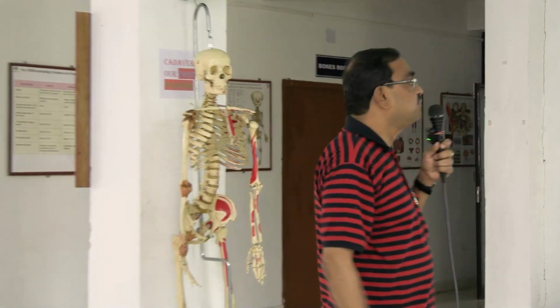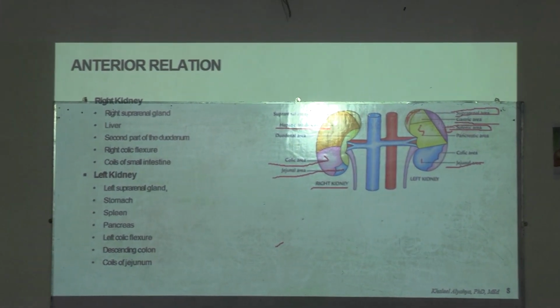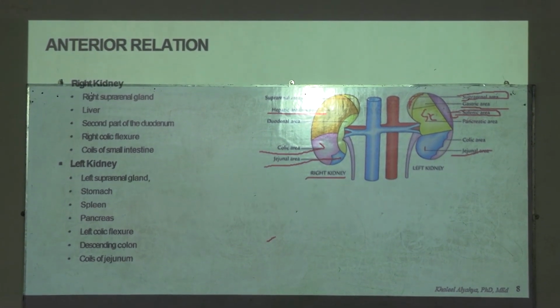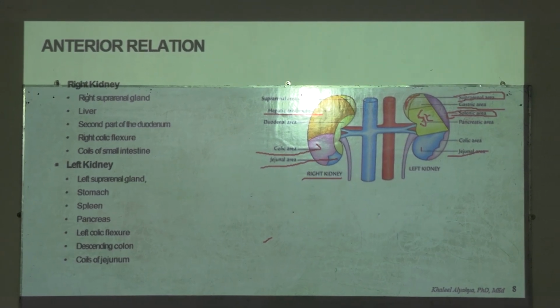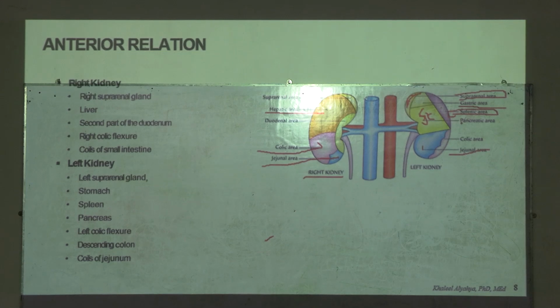Below that area, in the middle part, we can get a very extensive yellow area, which is given by the body of the pancreas. And in between the upper crescentic impressions and the body of the pancreas, that area comes in relation to